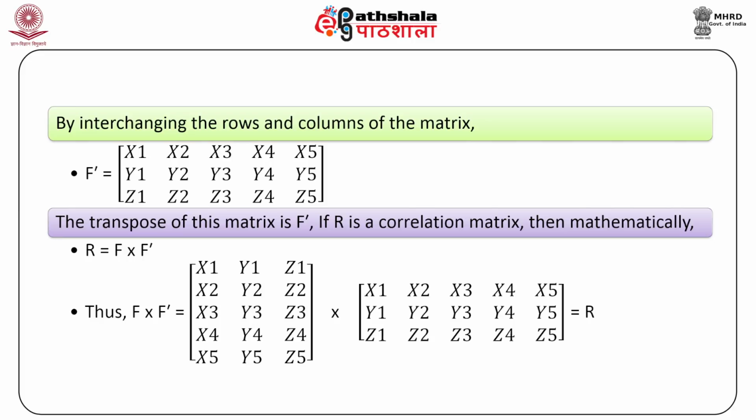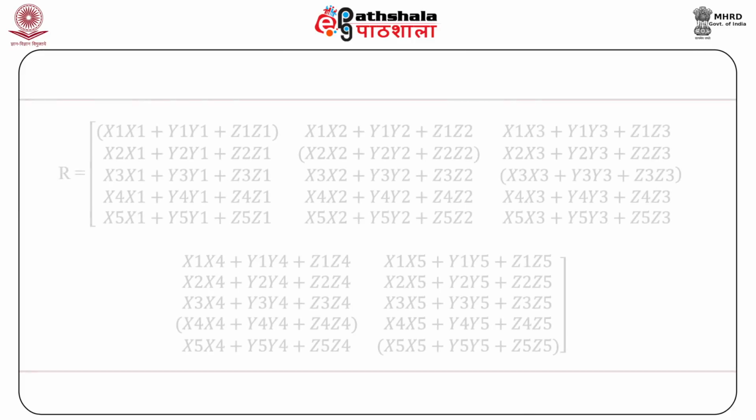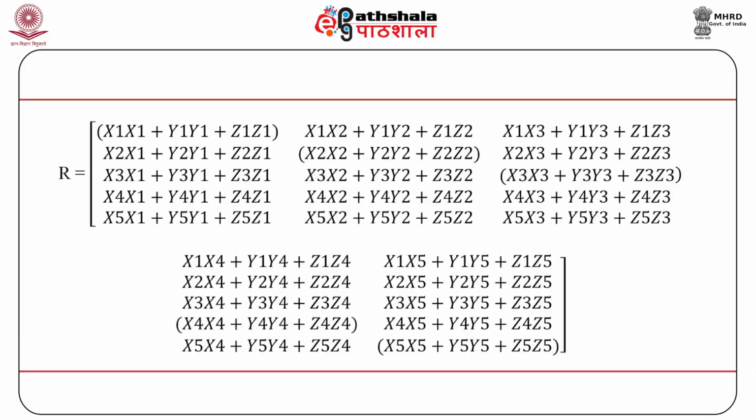Thus, F into F dash is equal to x1, x2, x3, x4, x5, y1, y2, y3, y4, y5, z1, z2, z3, z4, z5 multiplied by x1, y1, z1, x2, y2, z2, x3, y3, z3, x4, y4, z4, x5, y5, z5, which will be equal to the correlation matrix R. Therefore, R is equal to x1 x1 plus y1 y1 plus z1 z1,